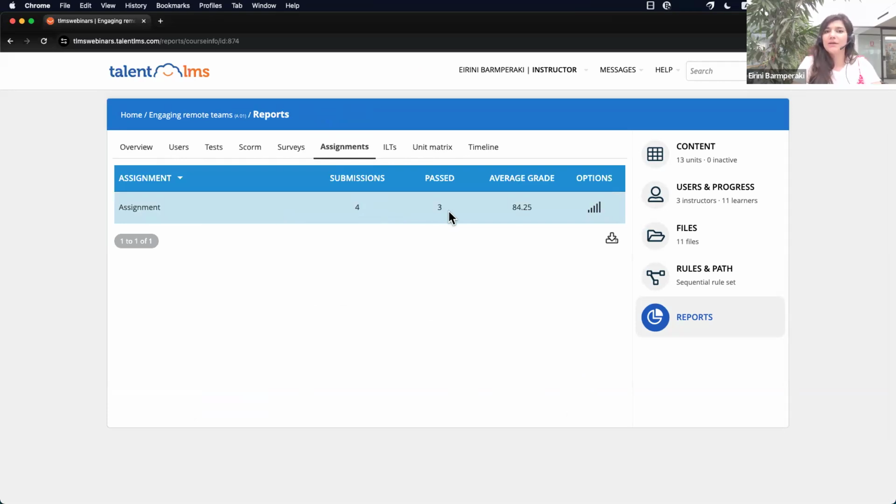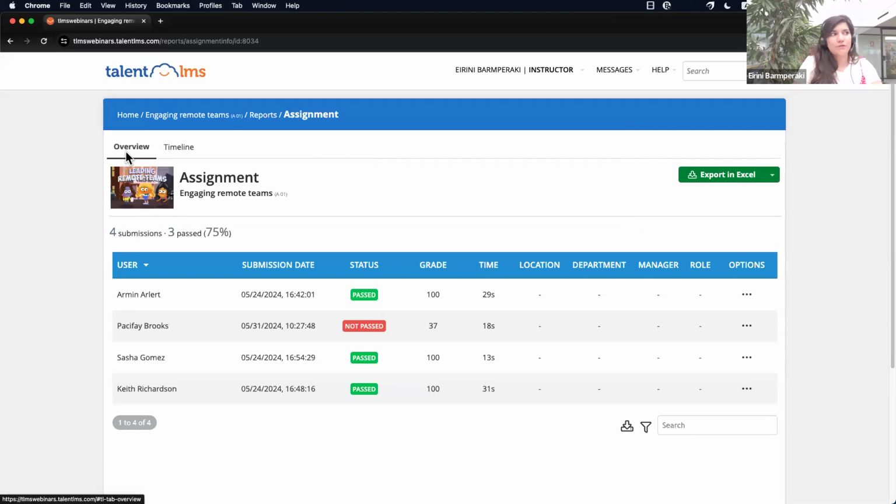And a kind note here, the instructors will evaluate the learners and they will decide if they have passed the assignment or not. And of course, the average grade. Now, if I click on the assignment, again, the overview tab with the list of users with their submission date, the status, the grade that the instructor provided, the time they spent in that assignment, the custom user fields, and this little magnifying glass will give us